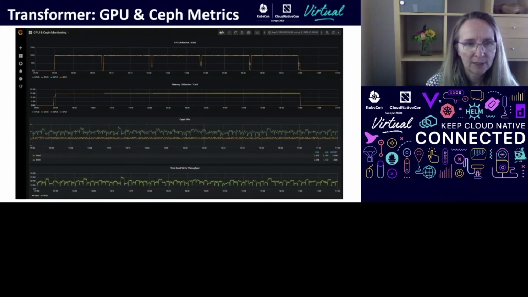And you can see that the next row down is the graph for the memory utilization, and we're at about 15 gigabytes of GPU memory used for the duration of the job. And then the Ceph IO ops are distributed equally across the entire run and are pretty low. Not really hitting the storage that hard. So, Kyle, would you like to say any more about this?